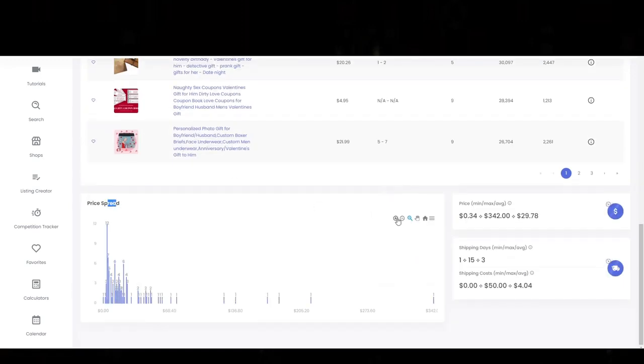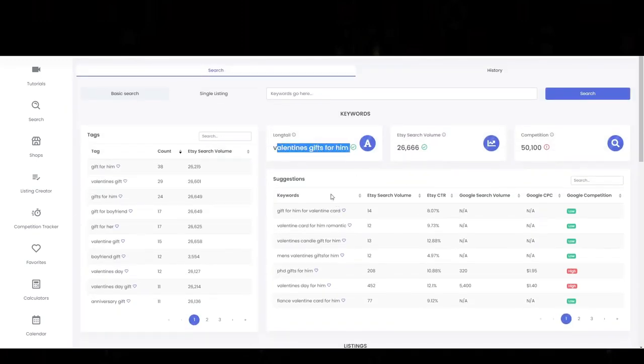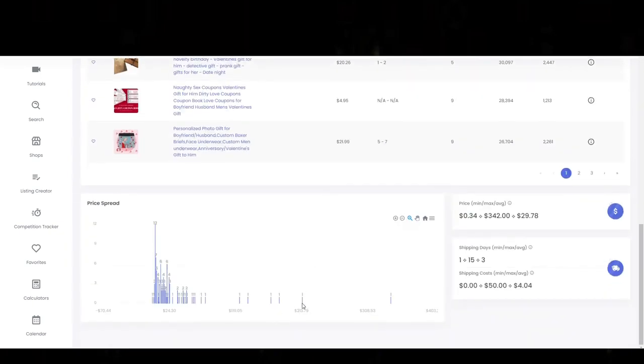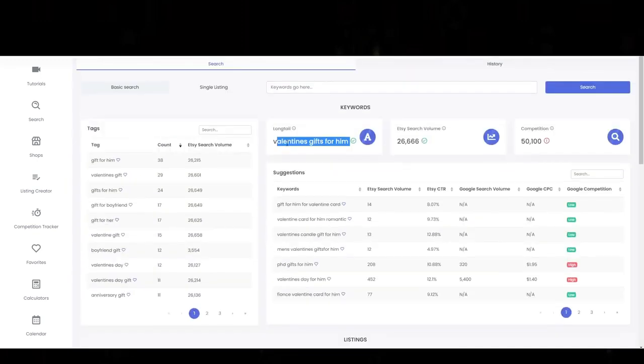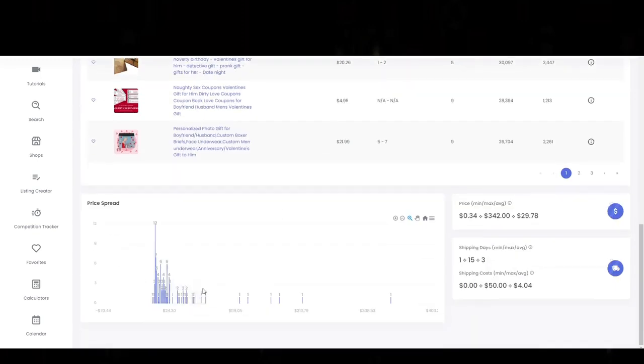So the price spread is very important because really what we can understand here is, almost like a plotted scale, how frequent the listings are based on their prices. So for example, we can see here that it's very rare for a keyword, Valentine's gifts for him, to exceed the price of, let's say, $200. Very, very rare. We only see that once, or twice. But we can say that it is very likely that a product with the keyword Valentine's gifts for him does not exceed the price of, let's say, $21, because you could see here the majority of products listed are stuck